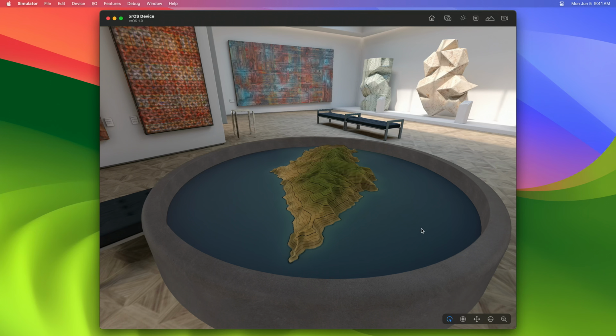Oh, it doesn't do anything. That's because we haven't written any code to handle these point of interest components yet. Let's do that. We have a new way of putting SwiftUI content into a RealityKit scene. This is called the Attachments API. We're going to combine attachments with our point of interest component to create hovering buttons with custom data at runtime.